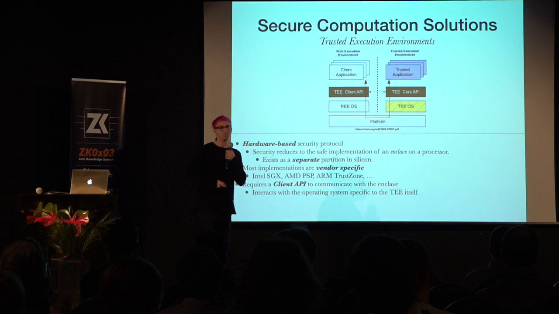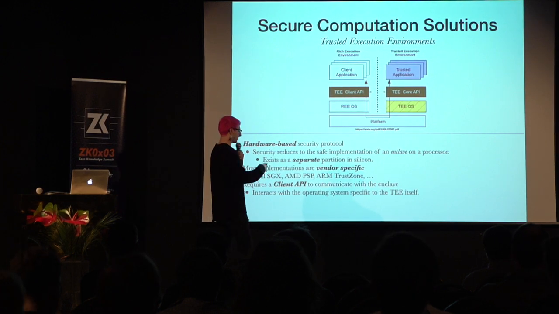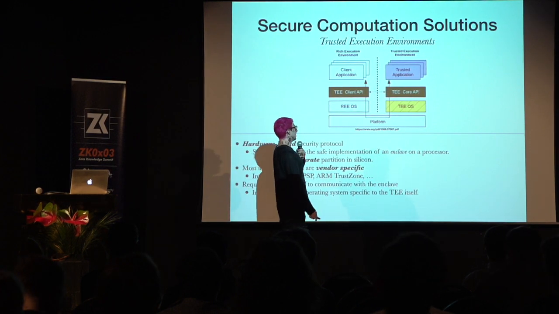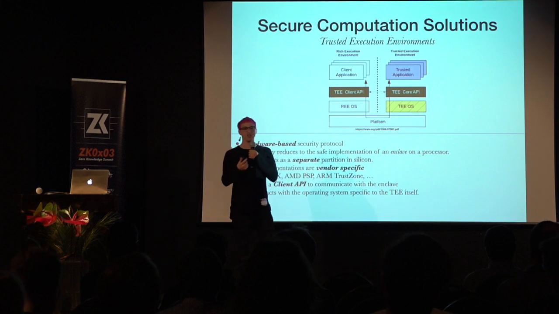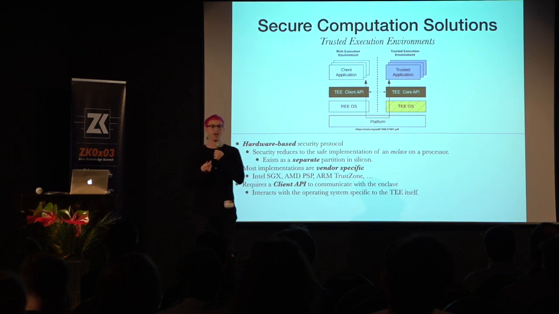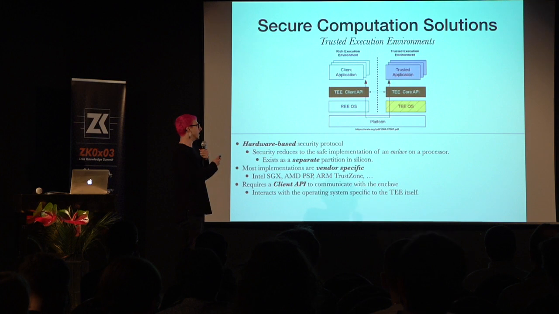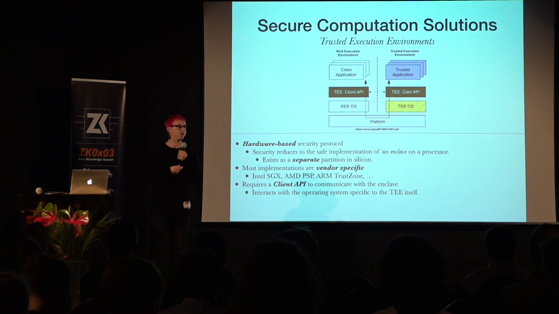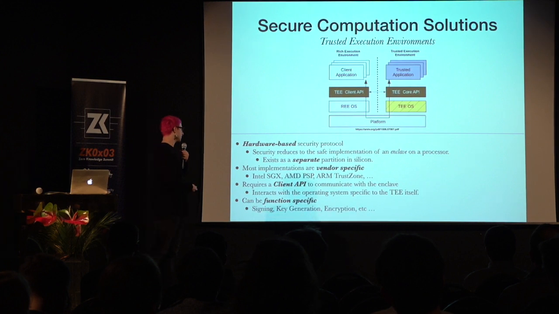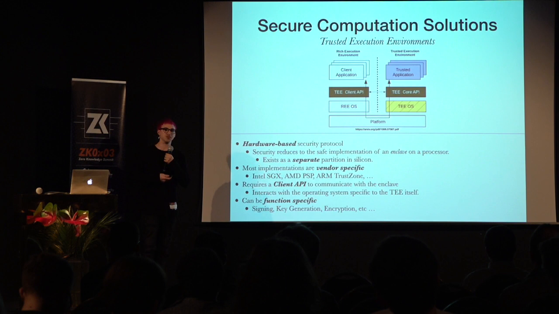There's problems with this, and we go over those as well. But essentially, we're going to have an operating system that runs directly on the processor itself for that execution environment. And then it will perform whatever API call you tell it to perform. In this case, they can be function specific, so it doesn't have to be generic, it can execute anything,